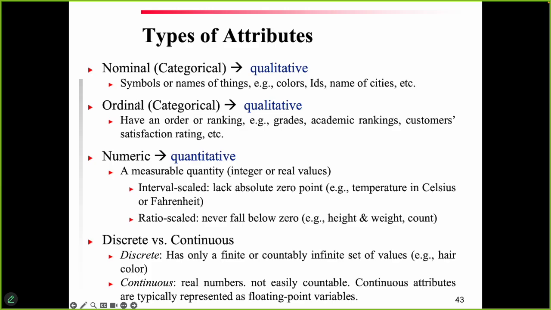In general, categorical features refer to those features that you cannot measure. You cannot measure color, you cannot measure name of cities, you cannot measure academic rankings and so on. If you cannot measure them, it means they're qualitative, and they're categorical. We can also have numeric attributes. Numeric attributes are quantitative, so they are actual numbers that we can measure. They can be interval scaled or ratio scaled, and here you have to be careful about the